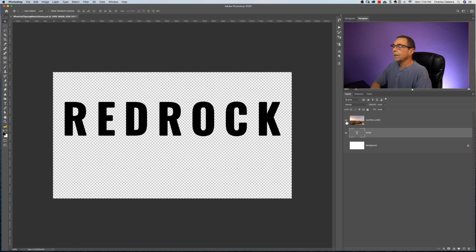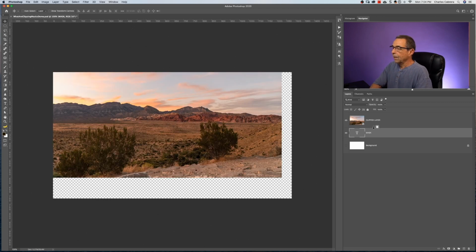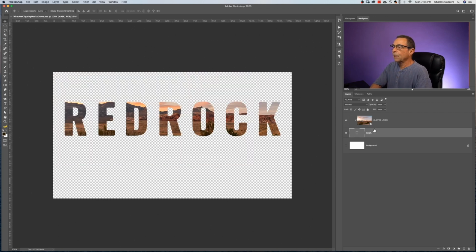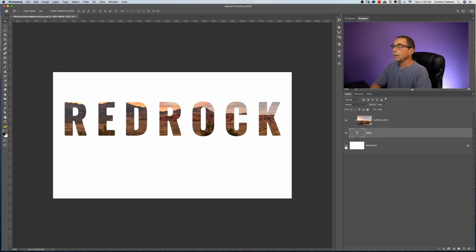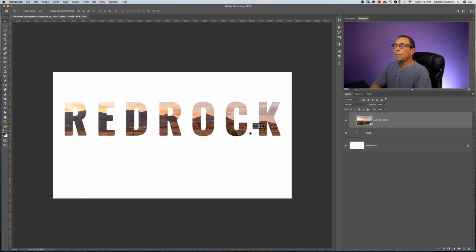So I'm going to turn on my clip layer, and I'm going to explain this in a minute, but I'm going to clip it to the layer below. And so now you can see that my mask layer has controlled the visibility of my clip layer. So now it's looking like one image is inside the other. And you can also clip multiple layers in a single mask. I only have one layer clipped, but I can move it around. You can see it in the text.